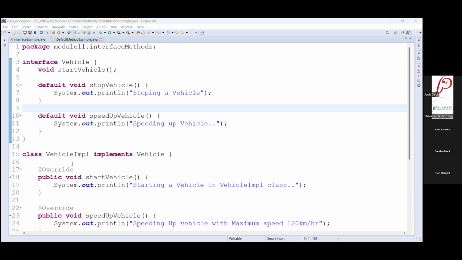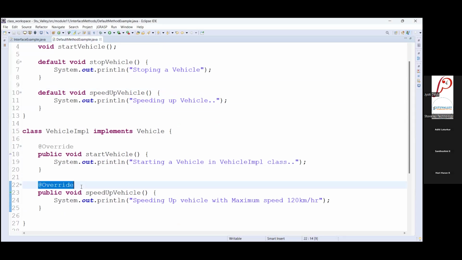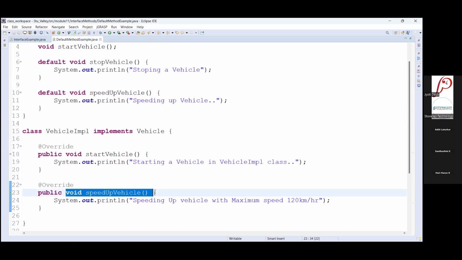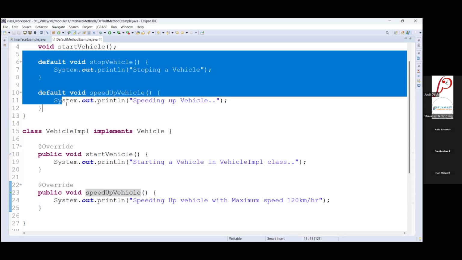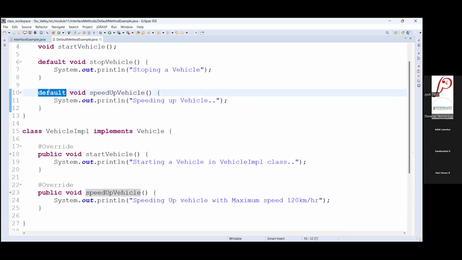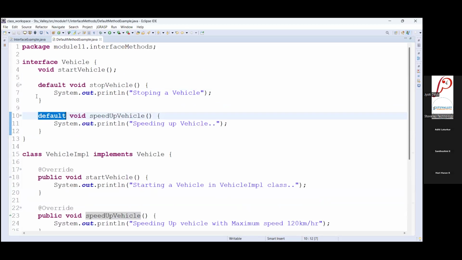So by default, the methods will be having the implementation in the interfaces. Yes. These implementations, again, if I want to override, I can use the override annotation and give a new definition. This is not a compulsory annotation. Without that also, Java will understand that it is an override if you are using the same function name and same signature, except the default keyword. The default keyword is always used only within the interface. You cannot use this default keyword outside an interface.